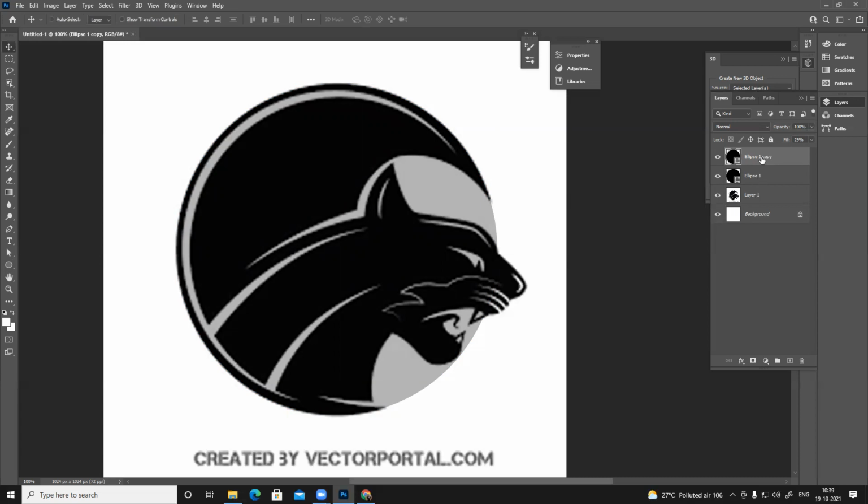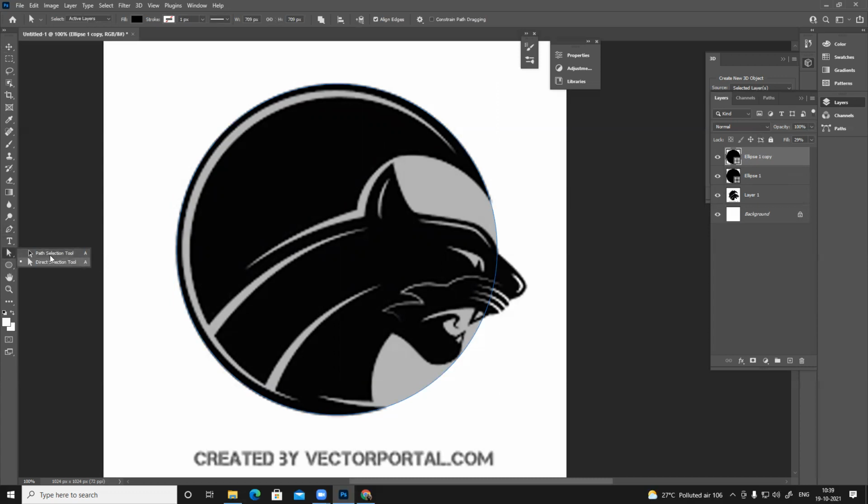So I need to copy this in the same layer, like what we did for subtract. If I copy it like this, it will create a different layer. This is not working. So what I'll do is go to this option, the selection tool, path selection tool, the black one.